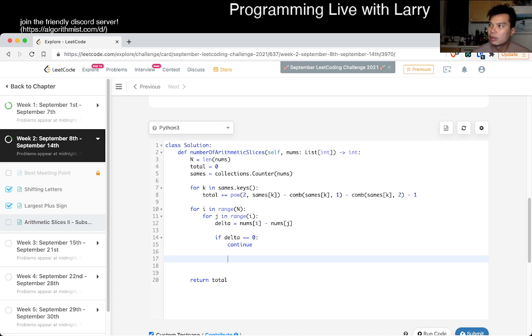what are we trying to store? My initial thought was to store the count, but maybe that doesn't make sense. Maybe it only makes sense to store the length. And in that case, if we store the length, then maybe that's a little bit better. Okay, so then that means that